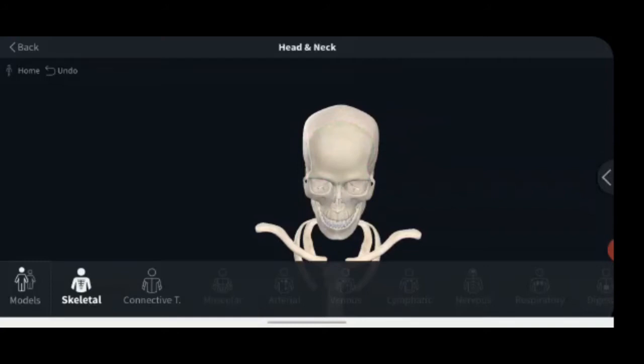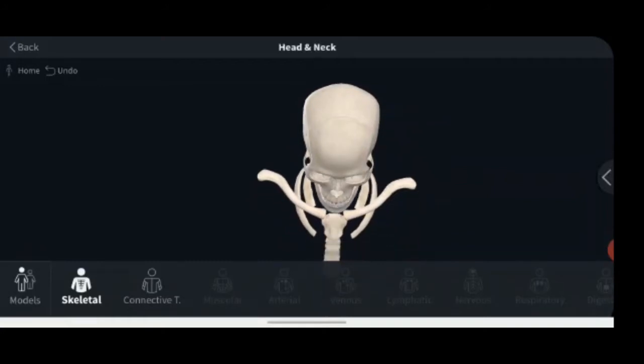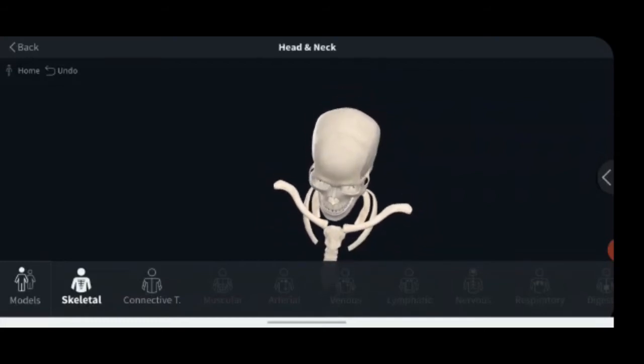In the calvaria, the periosteum covering the outer surface will be called the pericranium, that is the fifth layer of the scalp. And the periosteum covering the inner surface of the calvaria will be called the endocranium, which is the endosteal layer of the dura mater. The pericranium and endocranium are connected through the sutures.